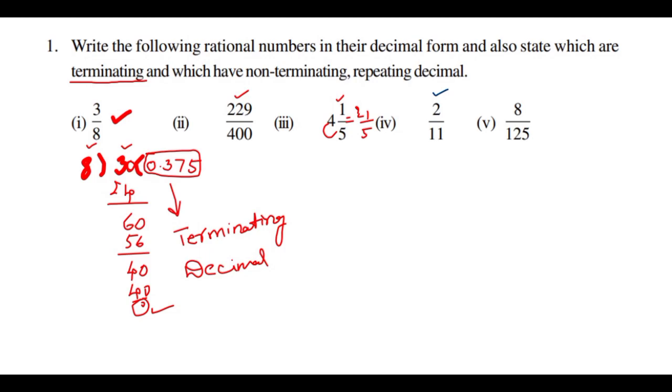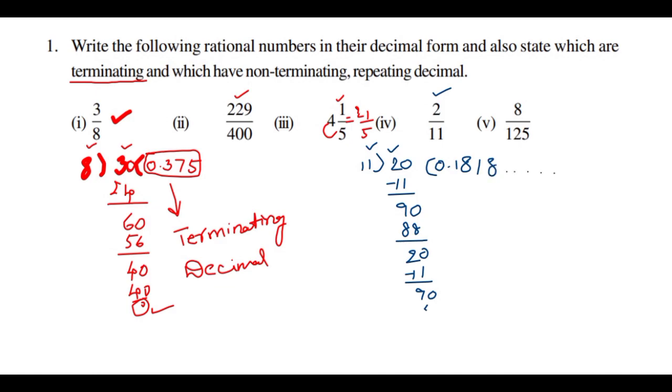And here 2 by 11 is there. This one I am going to explain. 2 by 11. With 11, if I divide this 2, so what can I find out? 0 point, because this 2 is smaller than 11, and then we take a 0 here. 11 1s are 11, and by subtracting we get 9 here. Because of the point we take a 0. 11 8s are 88, and remainder we get 2. Because of this point we take one more 0. 11 1s are 11, again 9, point is there 0, 11 8s, and so on. It will repeat like this.